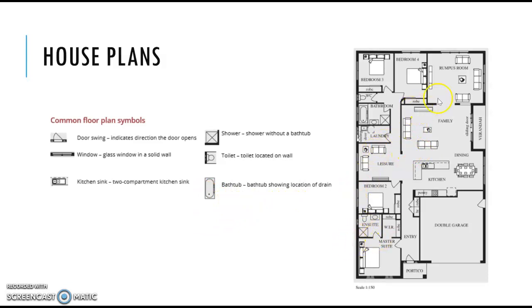The house plan is generally drawn to scale, so this one says 1 to 150. That means if I measure anything on the plan with my ruler, to convert it to a real life measurement, I multiply it by 150. So for example, if this wall here measures 4 centimeters on your ruler, then in real life it's going to be 1 times